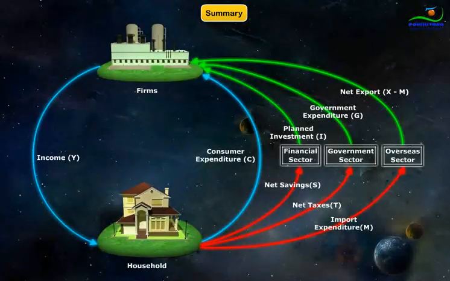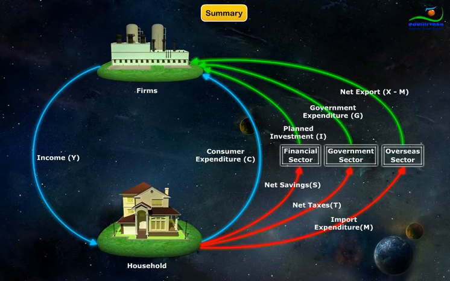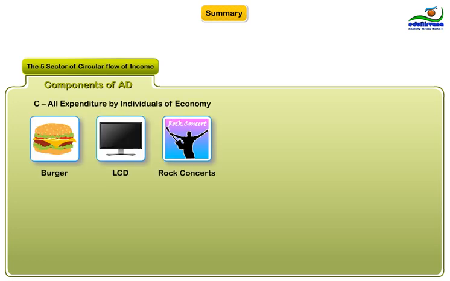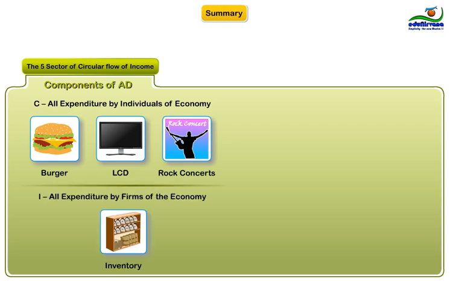Let us summarize the module. In this module, we introduce the concept of aggregate demand, a key pillar in understanding macroeconomics. We first introduce the components of AD, namely consumption by individuals on a day-to-day basis, investment by firms in inventory